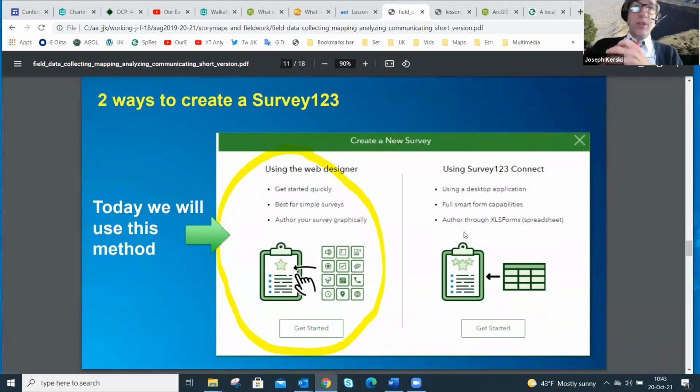There are two ways to create one of these. Probably many of you know this, but if you're just getting into this, I just wanted to start with the building blocks. You can use Connect, which is on the right side there. We're not going to use that method today, but if you want to have more functionality, like many of these tools, you can get it.